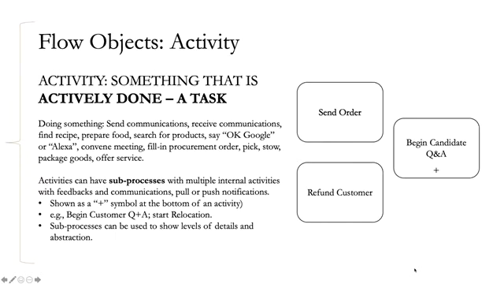So the next flow object is called an activity, which is possibly the most important piece of the puzzle. An activity is something that is actively done, which is a task. Something that we do, something that needs to be done. Driving, parking the car, entering, opening the door, entering the lobby, getting a ticket, standing in line, waiting for a call, walking up to the desk, requesting specific service, receiving the paper, filling out the paper form, returning the paper form,